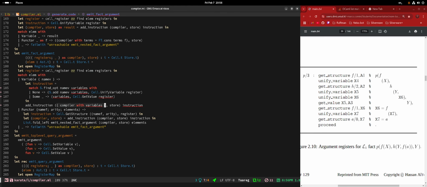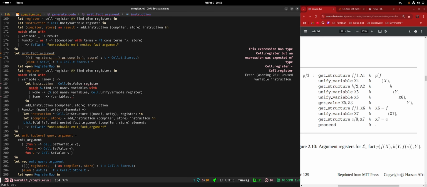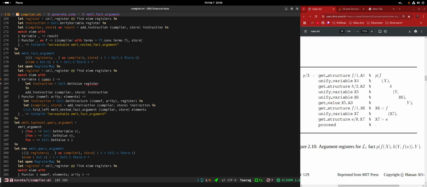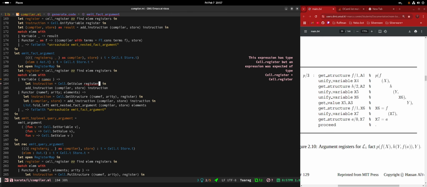You said it's always a get value, but get value requires two registers though, and we don't have those at the moment. We have the index, though, don't we? Oh, the index of the fold? Of the fold, yes.